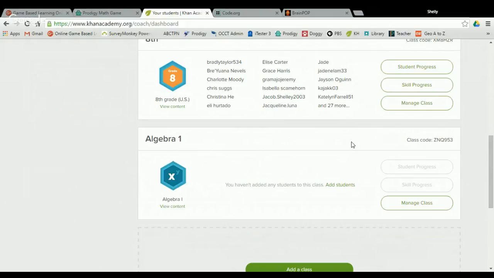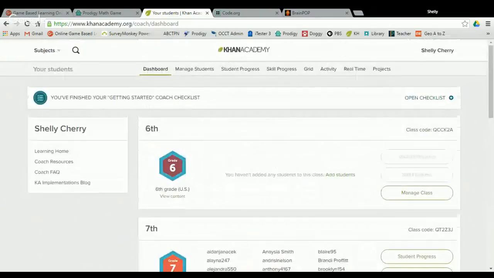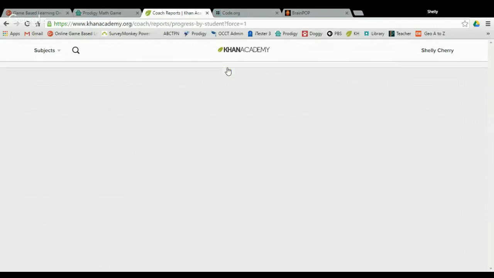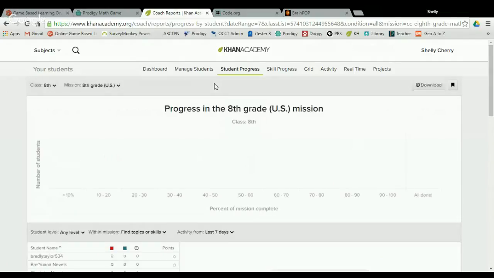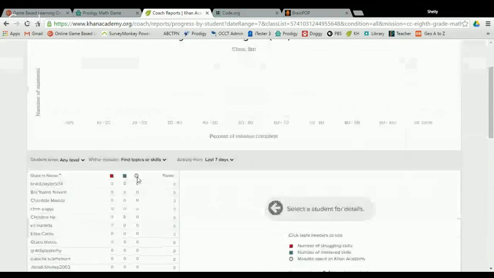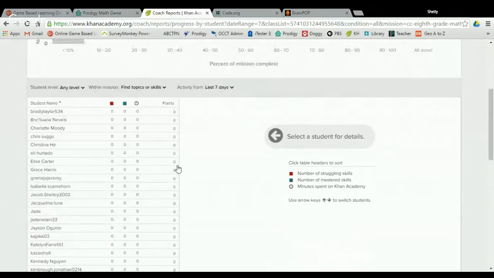There again, just go and create yourself an account and view all the topics. This is the dashboard, of course. You can see the student progress. You can choose by class. We'll wait for it to come up here. Okay, of course, my 8th graders haven't completed